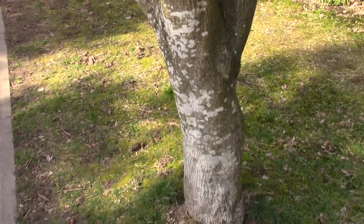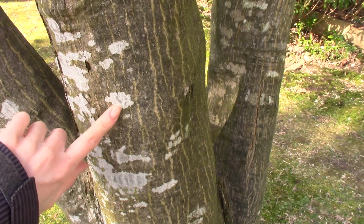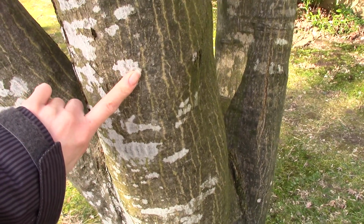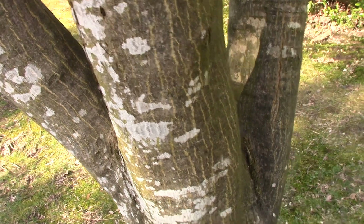get older. You can see it has this kind of mottled bark with white patches of lichen growing on it, so that's pretty common with Japanese maples. There's a couple other things you can look at too. So if we look at the actual